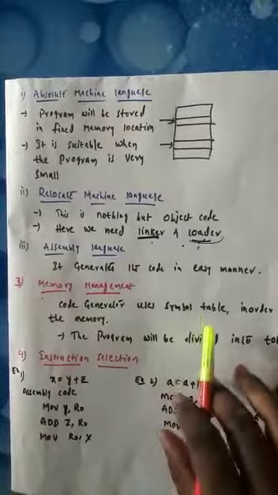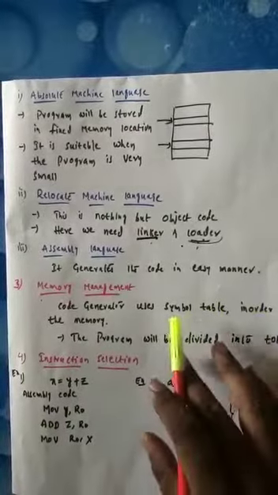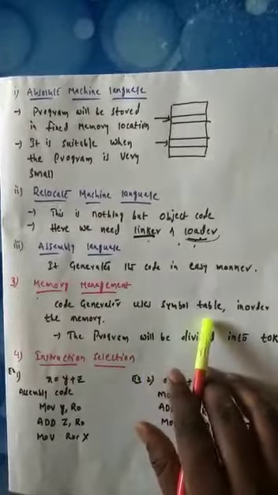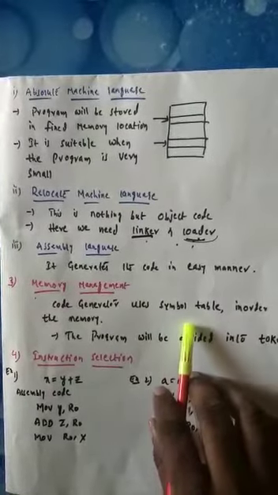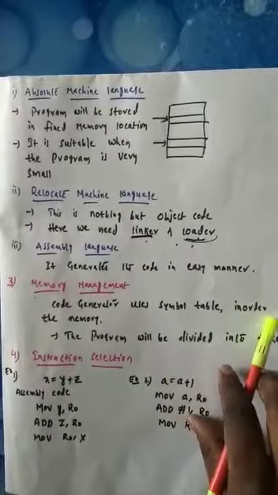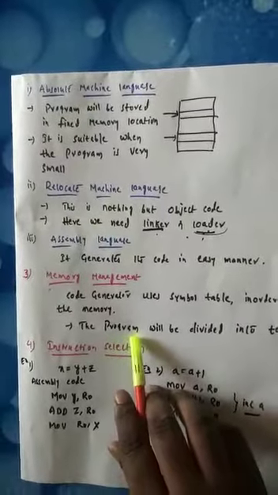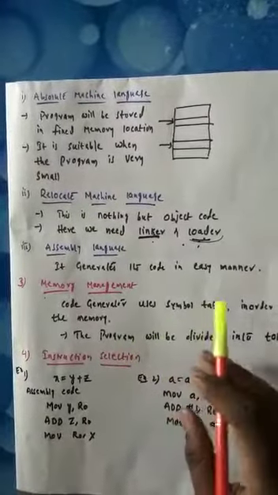So the code generator, whether it is lexical analysis, syntactic analysis, or semantic analysis, will use the symbol tables. Here, a program will be divided into a number of tokens. What is a token here? A token may be the smallest individual unit in a program. It may be a variable, a constant, an operand, etc.